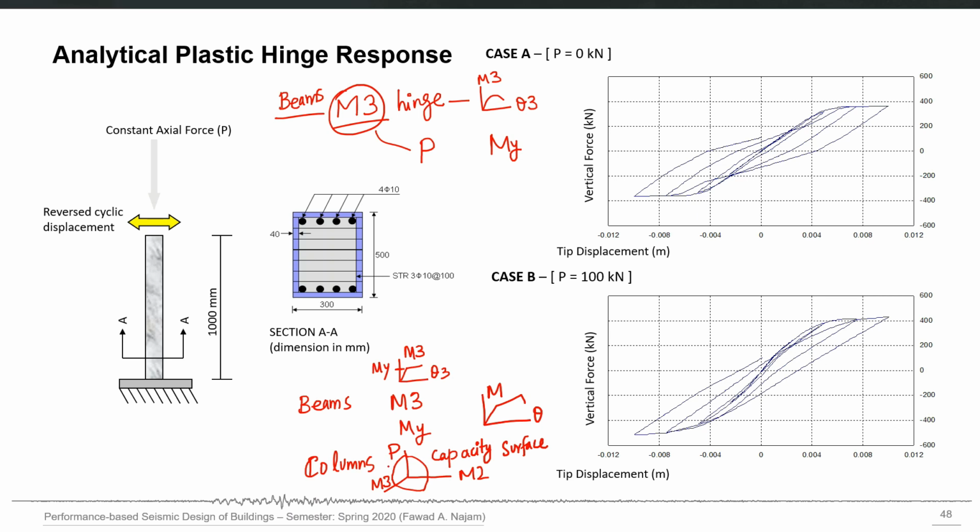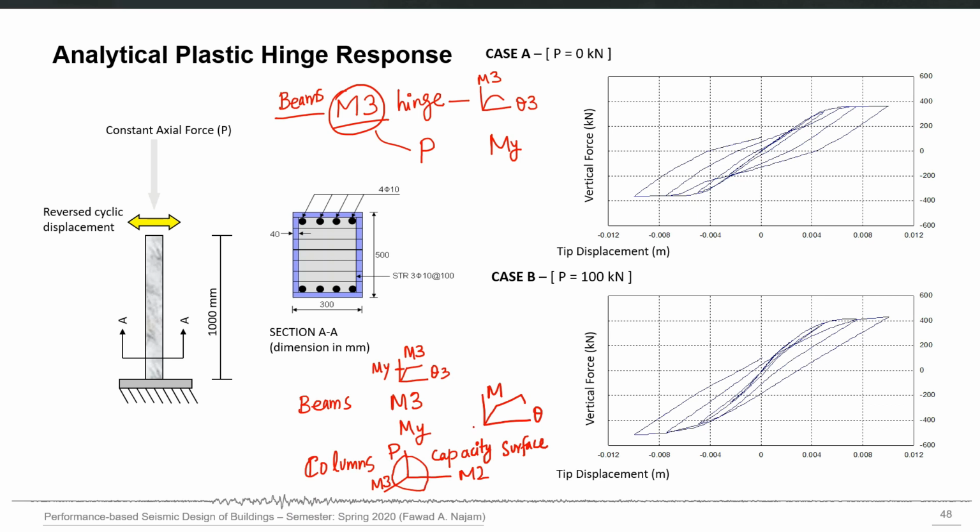But for columns, and for three-dimensional columns, they can bend in any direction. Which means that the moment and corresponding rotation can be in any direction. It can be in the M2 direction, the M3 direction, or at any angle between M2 and M3.